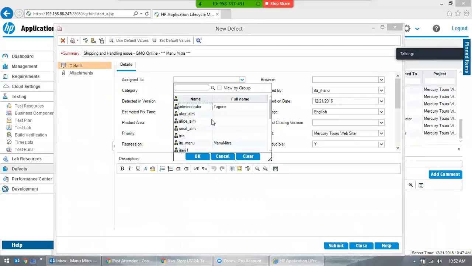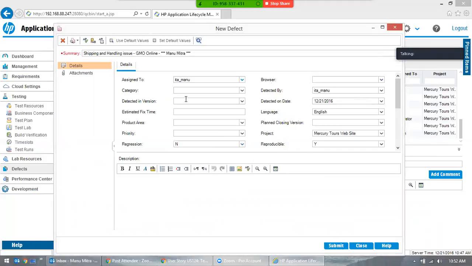Assign to. If you are only writing test cases, then you want to assign to the QA lead or a QA tester. So let's say you are a QA tester and you want to assign it to the QA analyst. Okay, but here QA analyst and QA tester are same. So we'll just